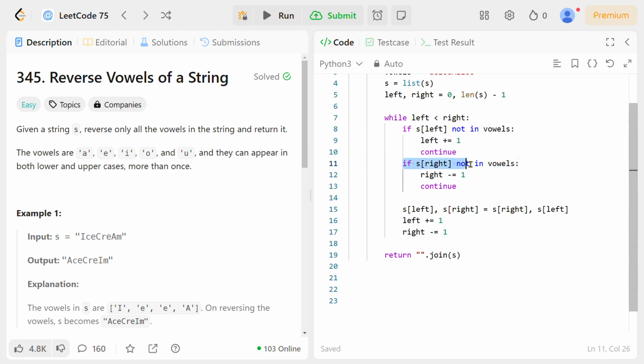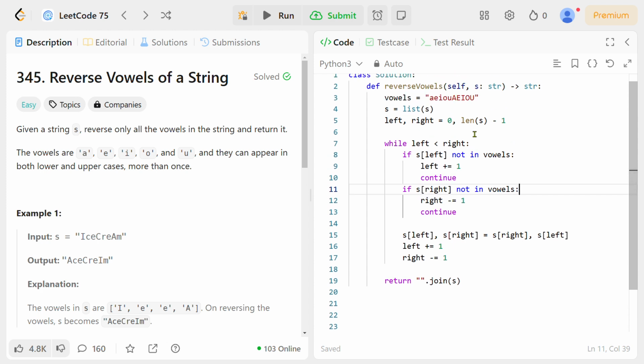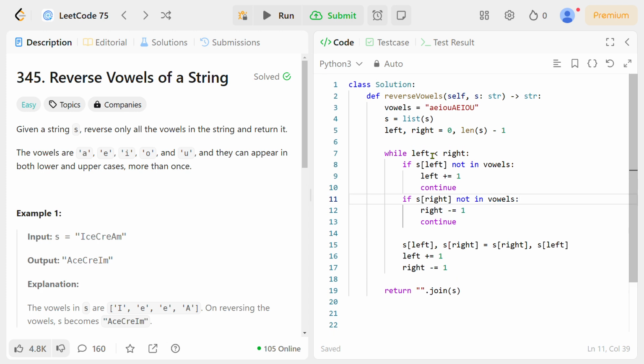In the first iteration, left is 0. If s[right] is not in vowels, then right minus equal to 1, which decreases right by 1. So left helps find a vowel from the front side of the string, and right helps find a vowel from the last side of the string.